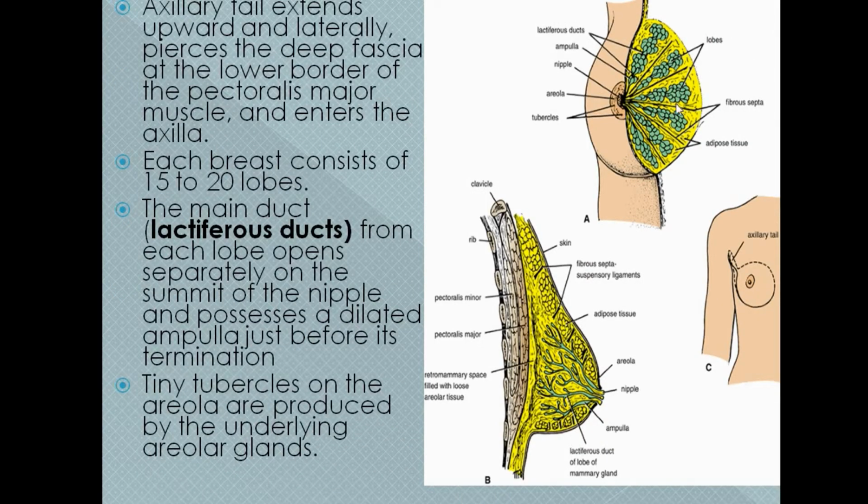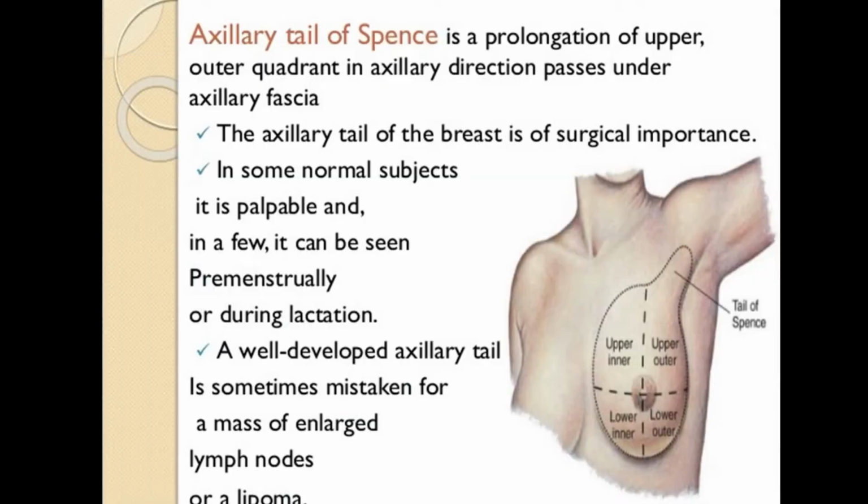Okay, this is again a cut section that shows the multiple lobular structures drained by the lactiferous ducts, and the ducts open up into the nipple, and before they open up there is a dilatation, and that dilatation is called the lactiferous sinus. So each breast consists of 15 to 20 lobules. The main duct of the breast is the lactiferous duct, and all the smaller ducts open up into the large lactiferous duct and ultimately terminate into the lactiferous sinus. Around the skin of the areola we have a tubercular appearance, and that is called the Montgomery tubercle. They are a type of sweat gland.